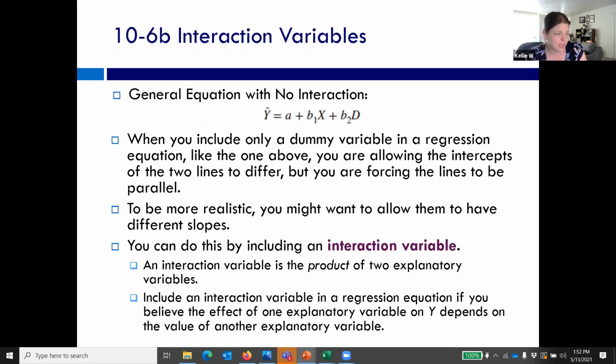Because we had these dummy variables, we have what they call interaction variables. Because we have the male and the female, the males are zeroed out, and if we ran the regression with one or the other, we'd get different lines. You can add in another variable to force those lines to be parallel, but it's actually okay to allow them to have different slopes. So what that looks like,